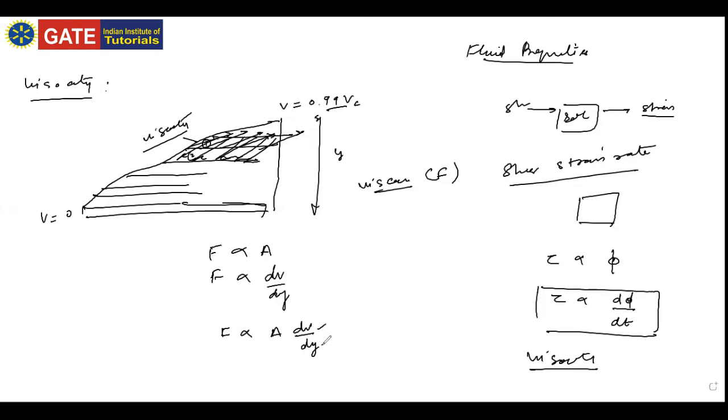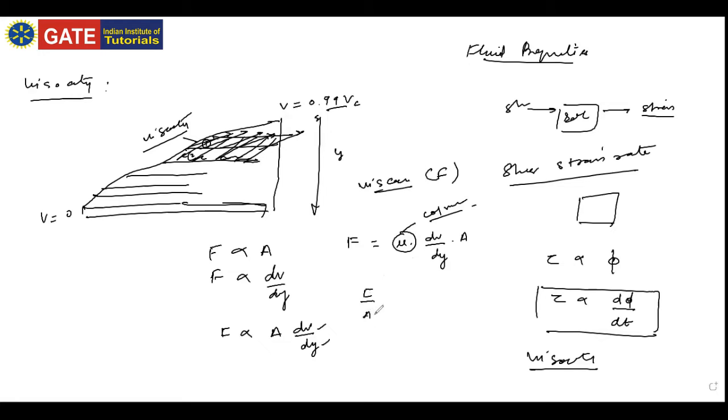dV is the change in velocity, y is the change in height. Together this is called the velocity gradient. And if I relate it, I can write F is equal to mu into dV by dy into area, and this mu is called the coefficient of viscosity. Coefficient of viscosity, right? And again, if I arrange it, I can write that F by A